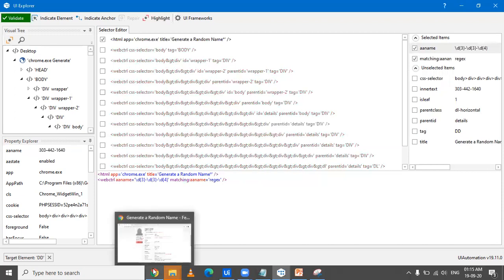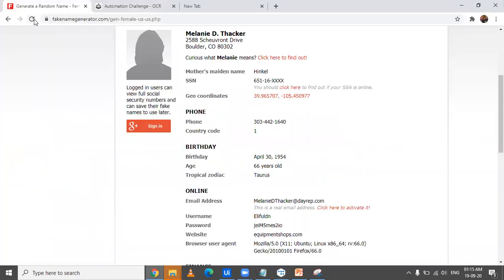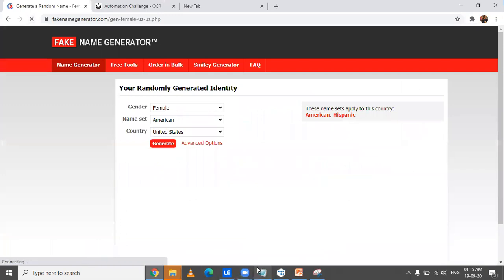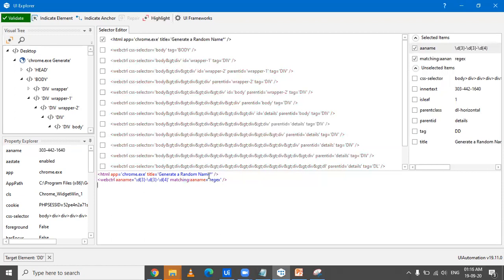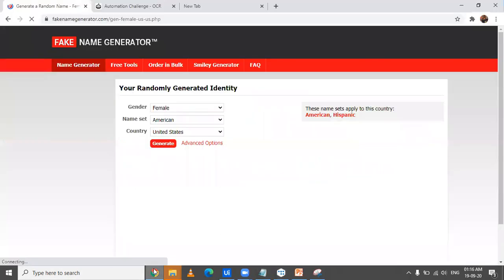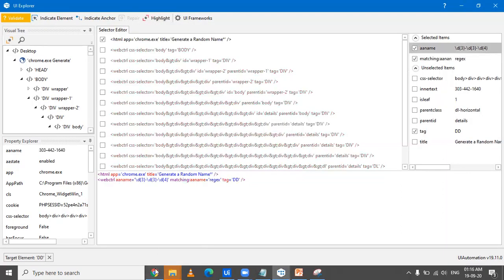Okay. Just to be very sure, we are again gonna reload this thing. So just to show that there was nothing wrong in the selector we created, instead the title of the window got changed. And this is just the same. Even if you add this tag DD, it would make no difference. Even if I add it or even if I remove it, it would make no difference. Okay, so let's see if it's still loading. Okay, this site takes a little time to load.